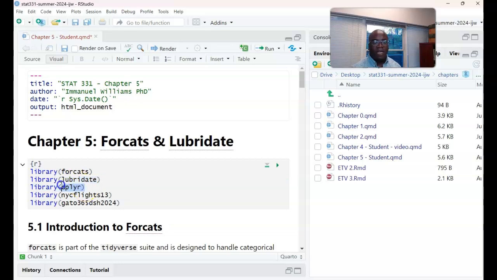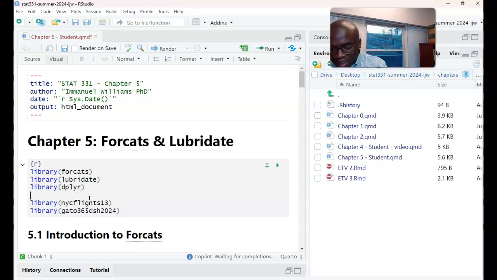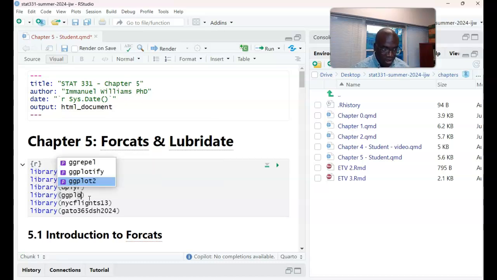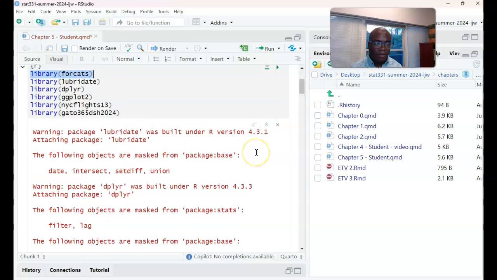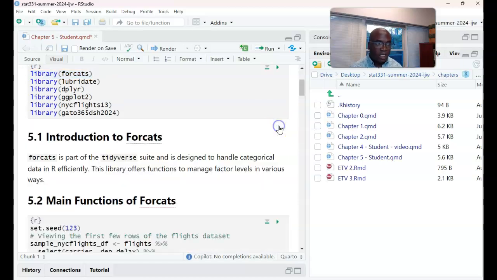Okay, and we need dplyr to make some data transformations, and we also need, which I didn't add, but you all can add as well, library ggplot2. We're going to need that. I could have done this with tidyverse. This would have taken that, and that would have been within tidyverse. Lubridate's not within tidyverse, but here and there you can mix and match. So run this, let it give me all the warnings. Okay, exit out of that. And so again, forcats allows us to give meaning to the levels of our character,